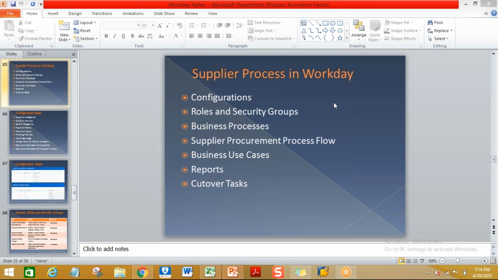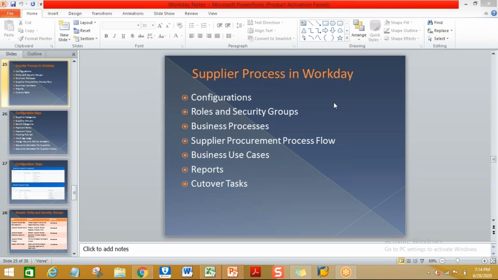So let's say you have a company, and you are using one tool or ERP, another ERP package or some other application. It's a non-Workday application. So you want to move to the Workday solution. What can you do? You will invite the service partners, and you will check it. You will finalize the IT service partners and you will take the license from Workday. Then you will start the project.